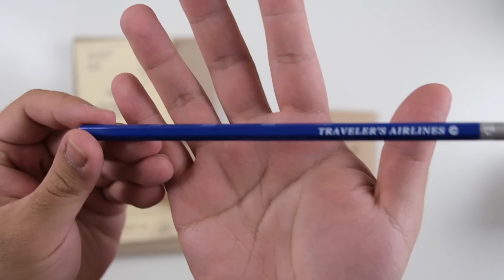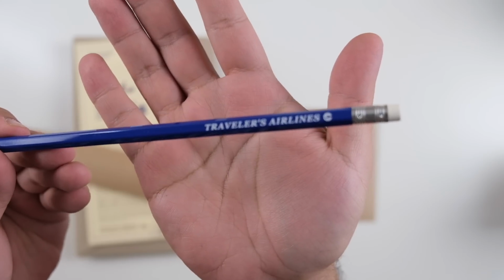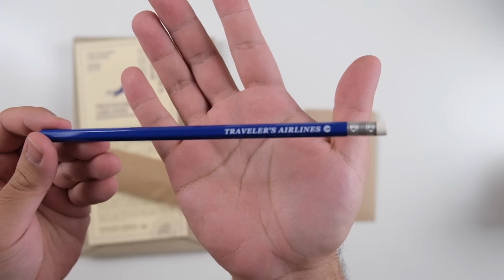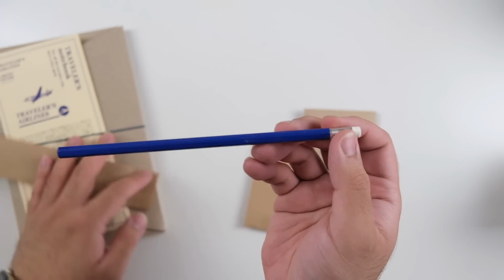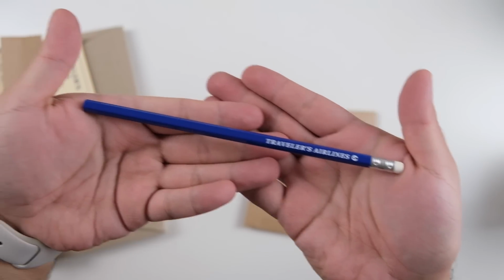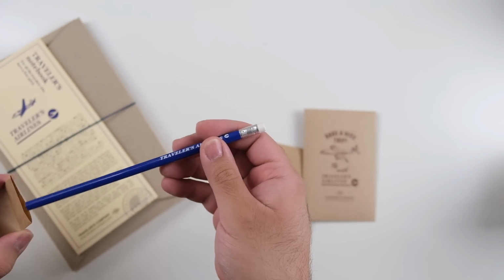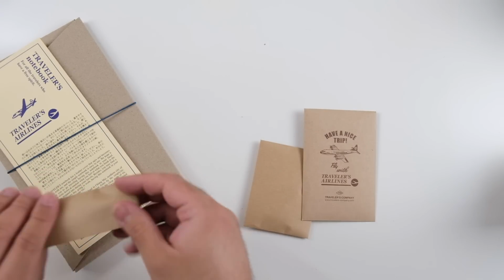Enjoy the journey of your heart with Travelers Airlines. Like the blurb says, this notebook has a very classic vintage airline feel. If you are new to Travelers Company, this notebook is probably the best one to get if you missed out on all of the past limited edition airline related items, because back in 2015 or 2016 there